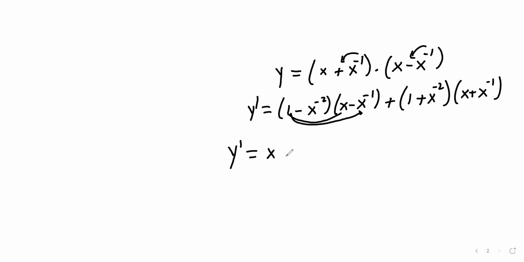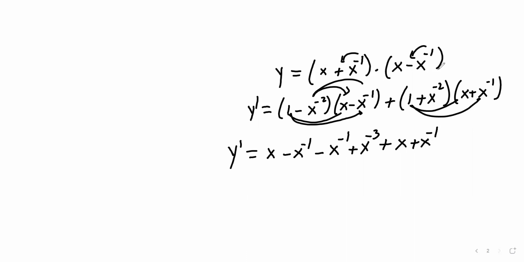So 1 times x is x. The next one is negative x to the negative 1. This one, you add the powers of x, so it'll be x to the negative 1. And this one, again, add the powers of x, that's x to the negative 3, plus over here you get x. Here you get plus x to the negative 1. And here you get another x to the negative 1. And here you get positive x to the negative 3. Now notice